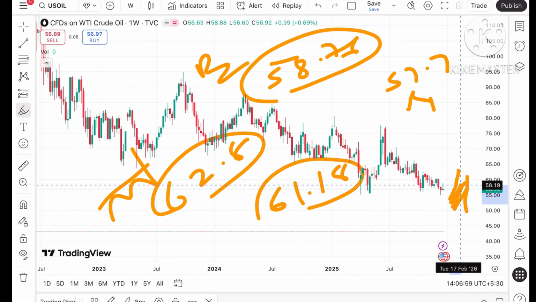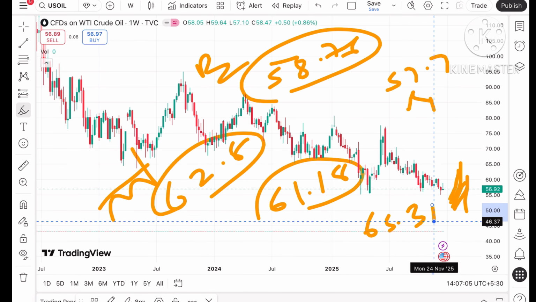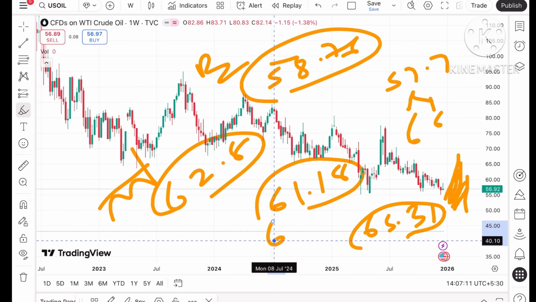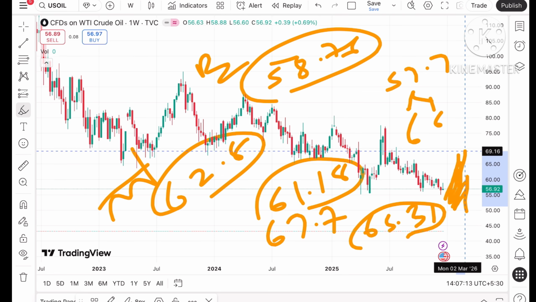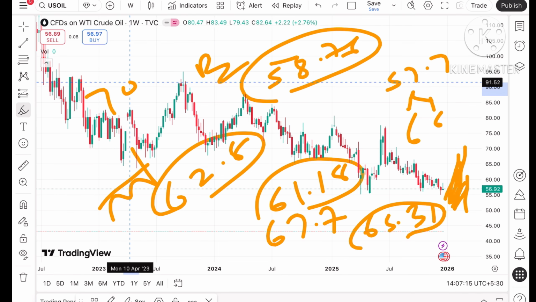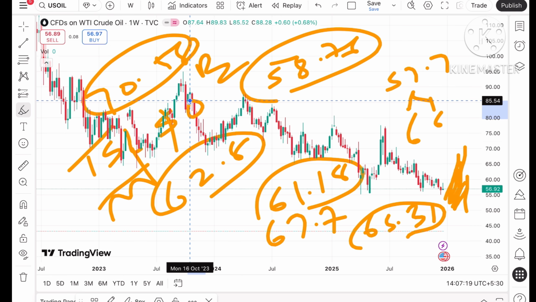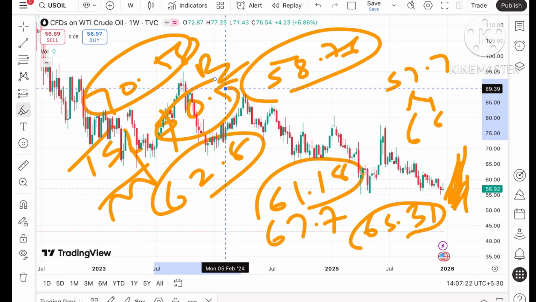And this level is already weak, so we can see the price will rise above that level, and from there it can move further upside towards a level of 65.31, and if the price moves above this level, the probability of going towards 66.45, then a further upside can be seen towards 67.7, and if that sustains, a further high can be seen towards $70.58. Okay, if you trail your SL by $0.5, at least you will capture a higher movement.